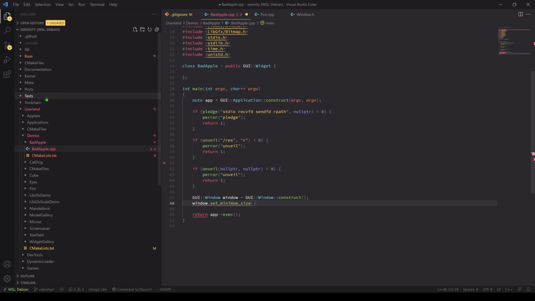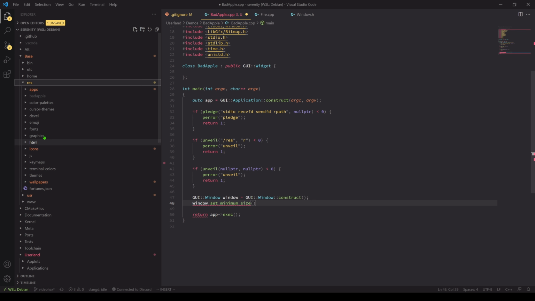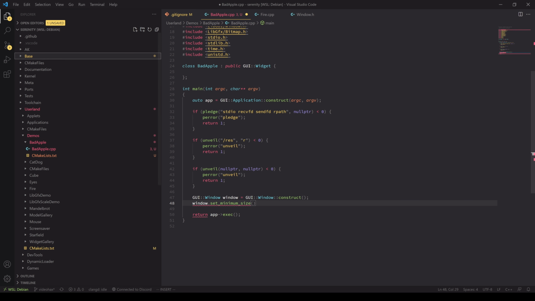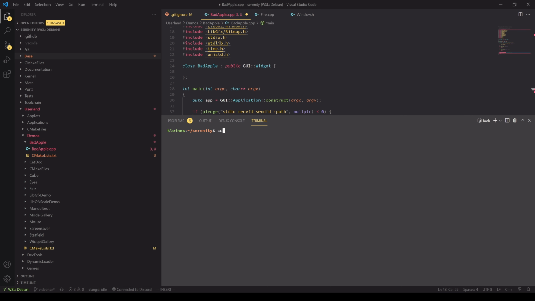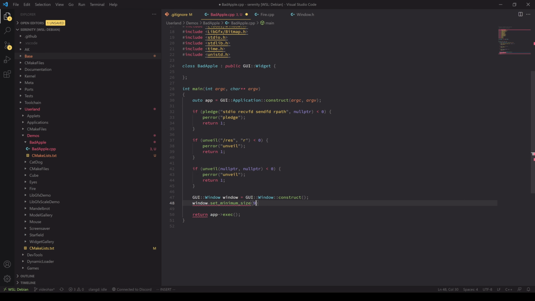Now let's check the resolution of those files. Rather, I'm going to do that in the terminal. Let's go into base res and Apple frames. Let's check the 01 PNG: 960 by 720. So we're going to do that. 960 720, and